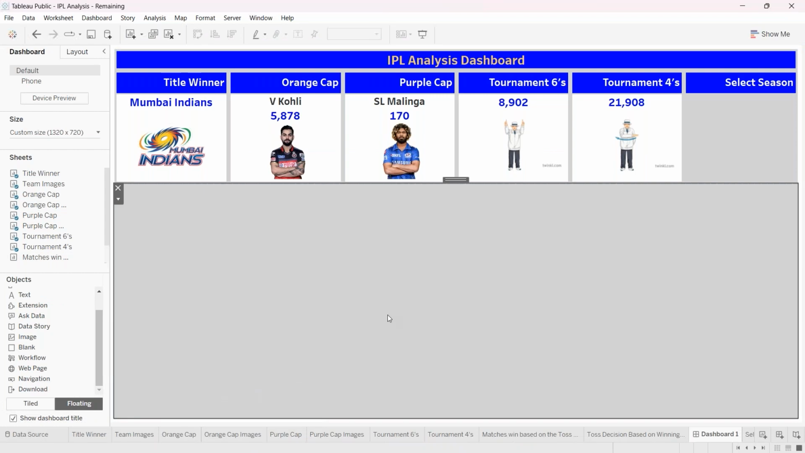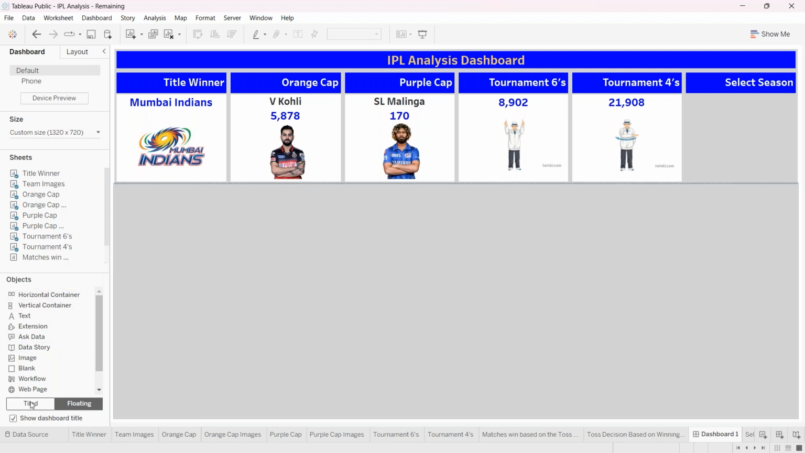Okay, now here you can see. We just added all the KPIs now. Now for adding the plots, what I can do is simply put the horizontal container over here. For that I'll have to use the tiled option, because if I just go with the floating,